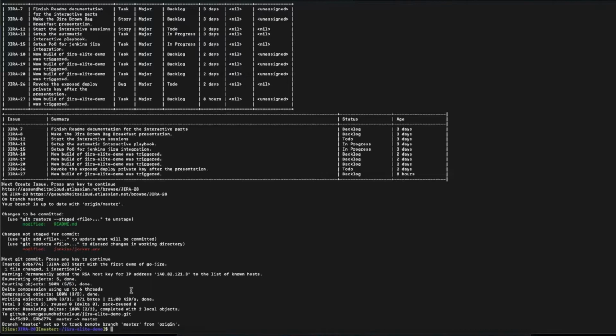Okay, it just created a Jira ticket from a terminal. At the same time, I get the ID and I can, let's say, do a commit on this. And I don't have to,